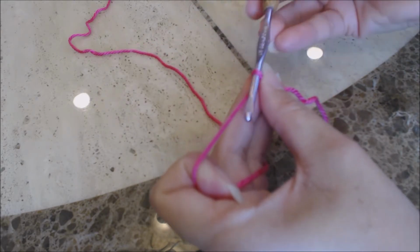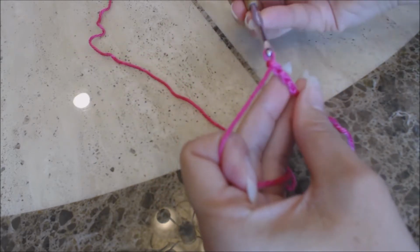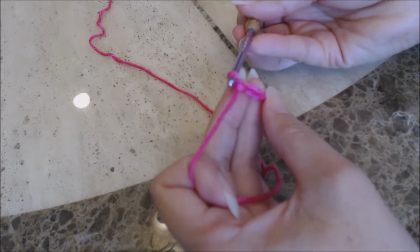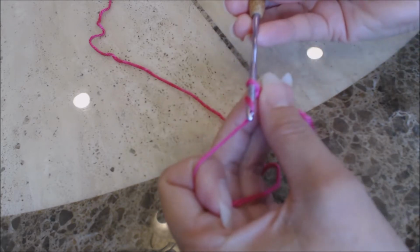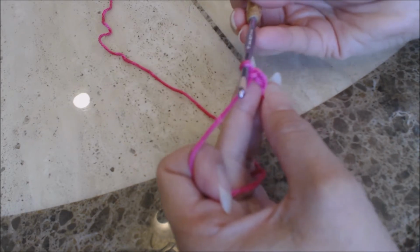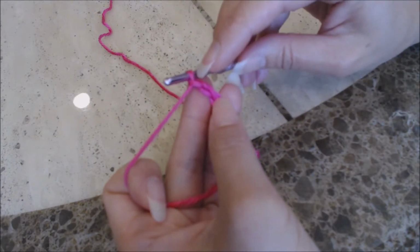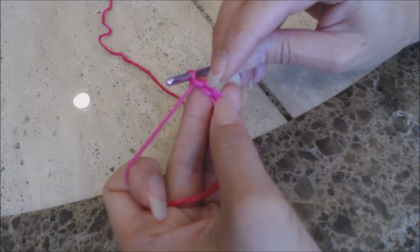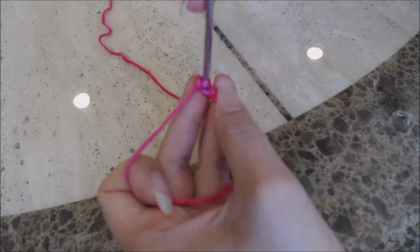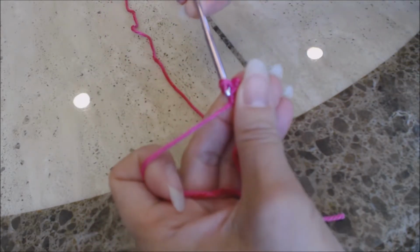And then you're going to go ahead and chain 1, 2, 3. So I have a chain of 3. Now I'm going to go up to the next row. So I'm going to chain 1. And then I'm going to do a slip stitch into the second chain from the hook. So here is the first chain, and here is the second chain. So I'm going to do a slip stitch, go into that second chain, I'm going to yarn over and bring the yarn through both loops on your hook